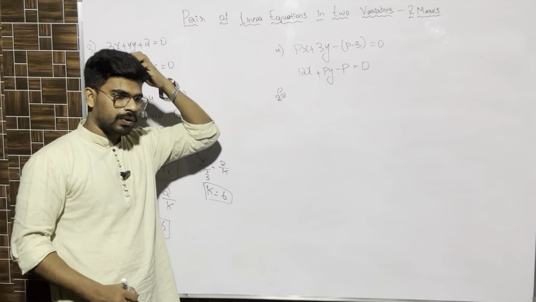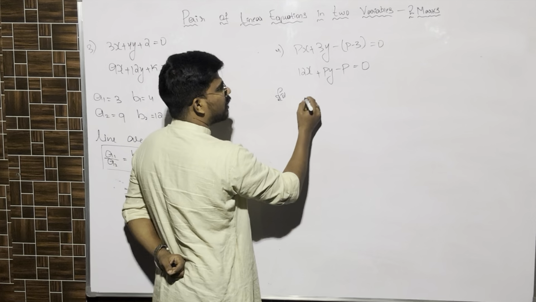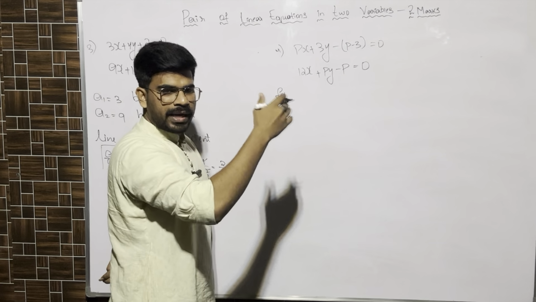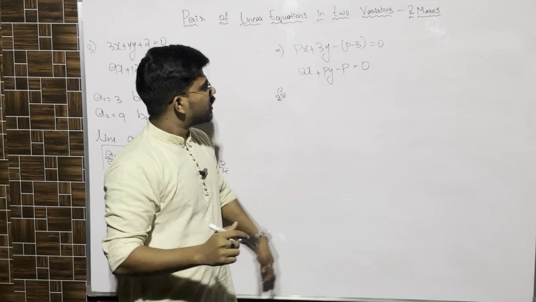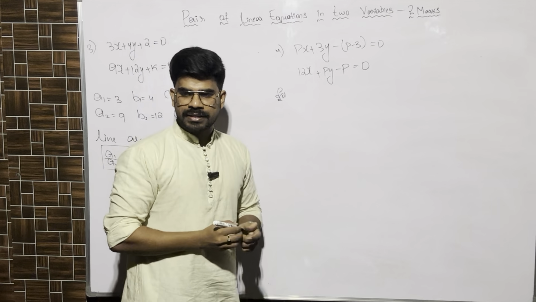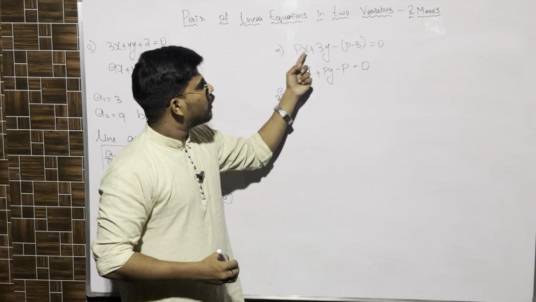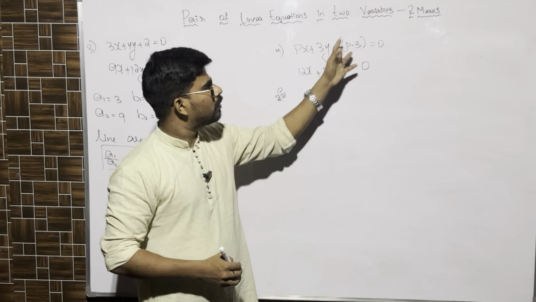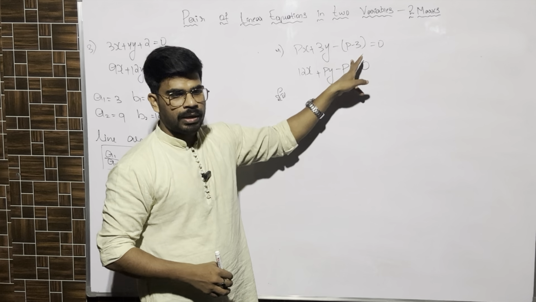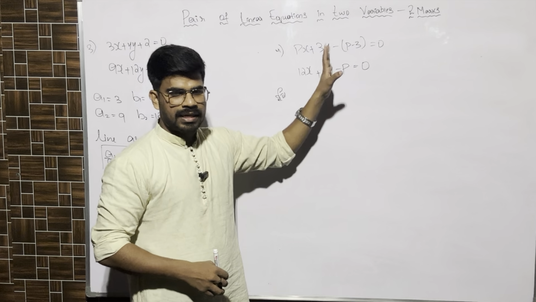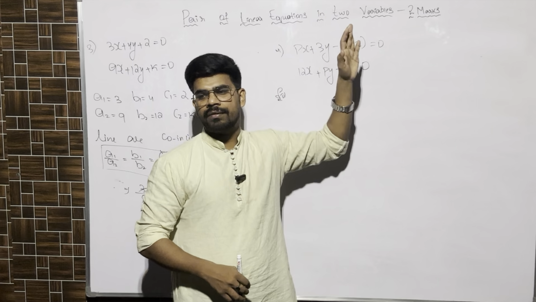First of all, we'll extract. It is quite tricky to extract the values of a1, b1, c1. Look at here carefully. You just put it as minus of (p minus 3) with a bracket, or you multiply the minus inside and take minus p plus 3. So you can either multiply minus inside and take the value. These two values constitute c. Whatsoever is there with the coefficient of x is a, coefficient of y is b. Apart from these two, whatever you have, those many values are c. So do not get confused. Apart from these two, whatsoever is there, all of that is c.